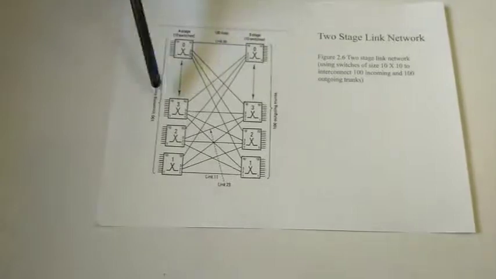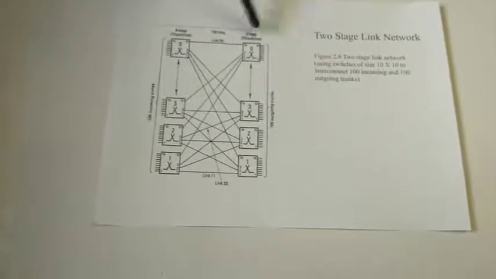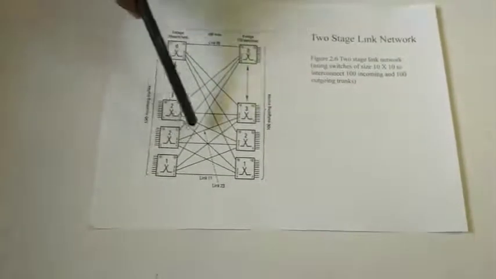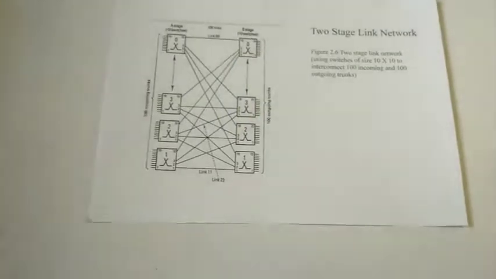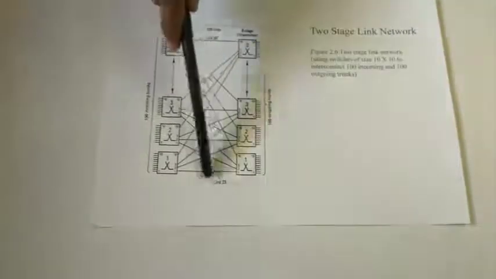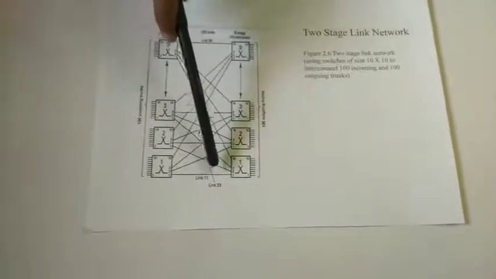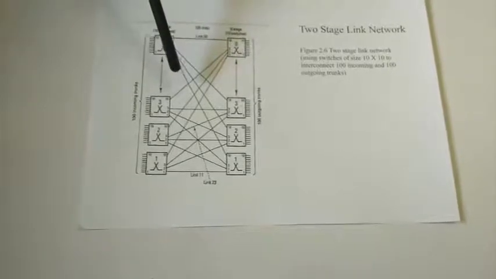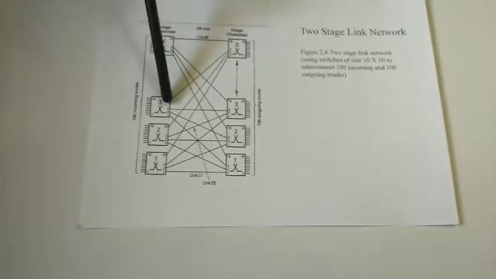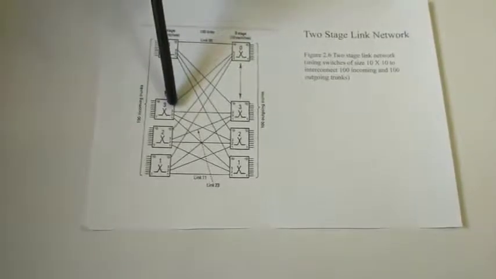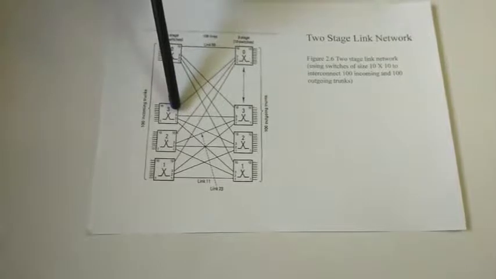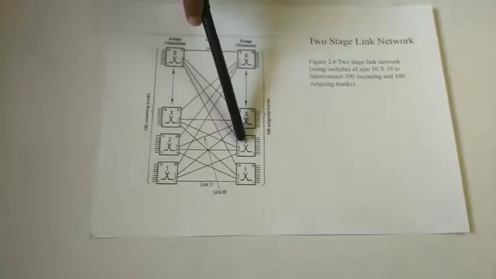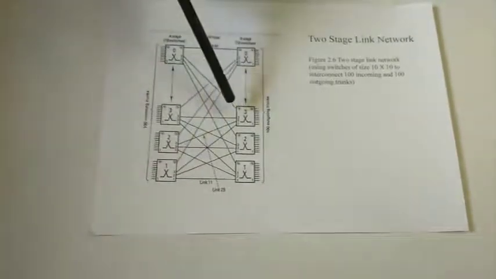To make it clear, if you have a two-stage network, we need 10 cross 10 switches. This is shown, and we need 100 links for the connection. The link number is represented on the diagram itself. For example, on the diagram, link 23 is mentioned. Link 23 connects the outlet of primary switch 3 to switch 2. So here we have switch 2, and 3 is the inlet of switch 3. Like this you can explain any link number.